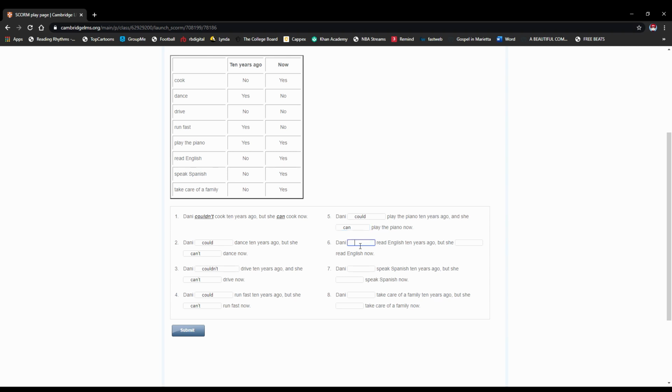Number 6. Read English. Look here. Danny couldn't read English 10 years ago, but she can read English now. Okay,